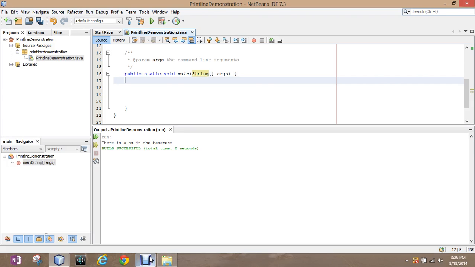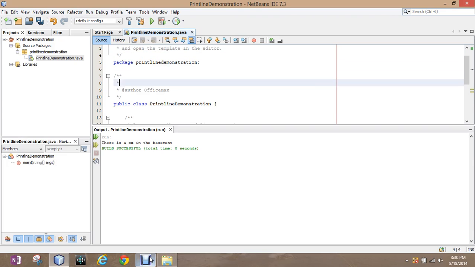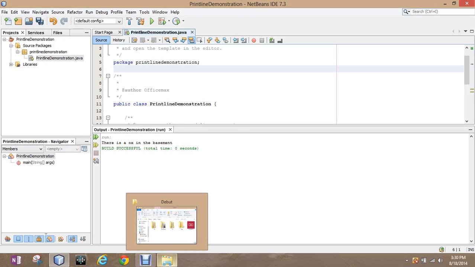We're going to, for right now, use what is called a scanner. And what a scanner allows us to do is scan in from the keyboard the information that we want. So, in order to do this, we have to go back up here above the class. We can go below package. I'll start on line 6. And we're going to type in